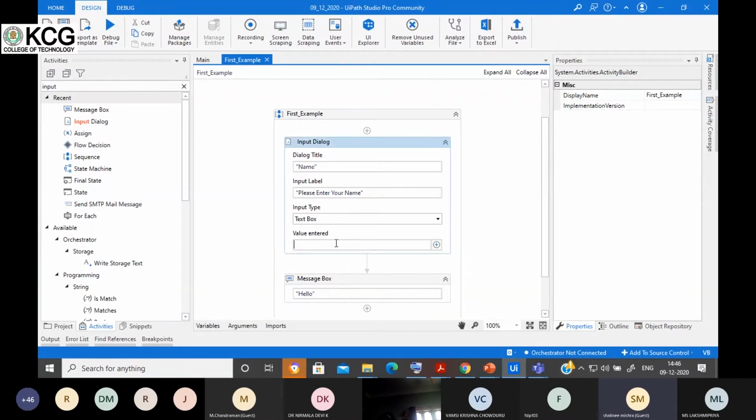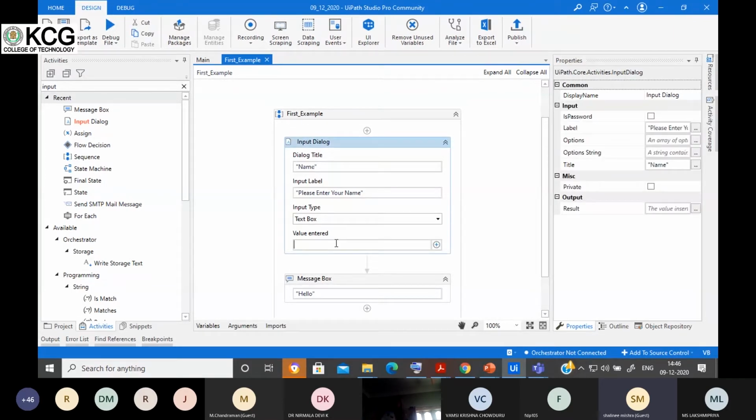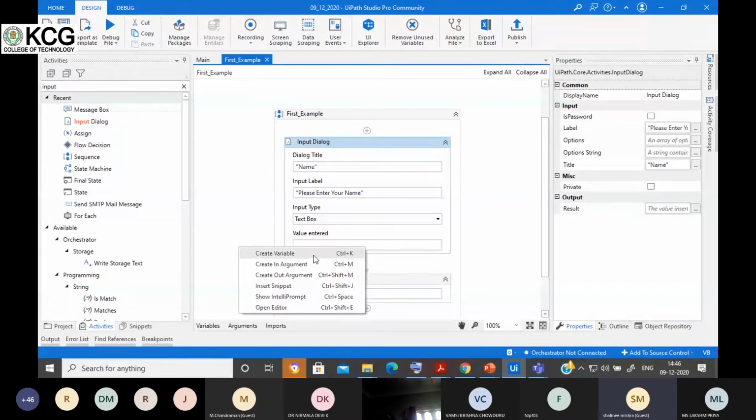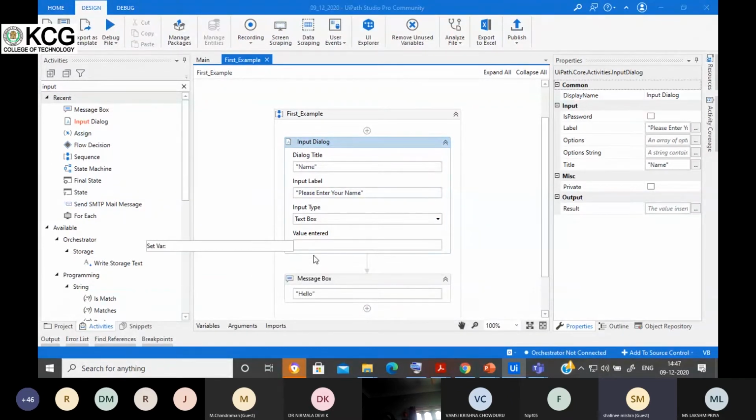So for that I'll create one variable. Variables we will cover after this, but to create a variable, the option available is to right click here and you can find create variable. The variable I'm going to create is name, and just press enter.